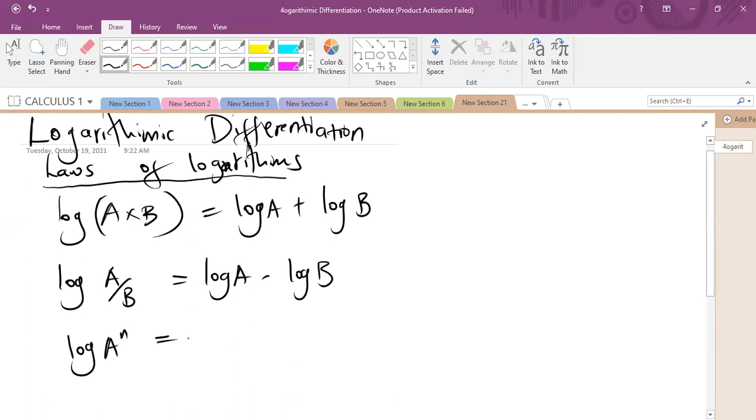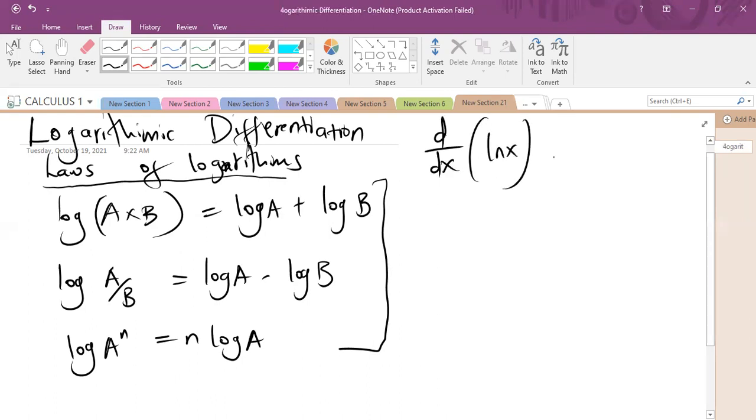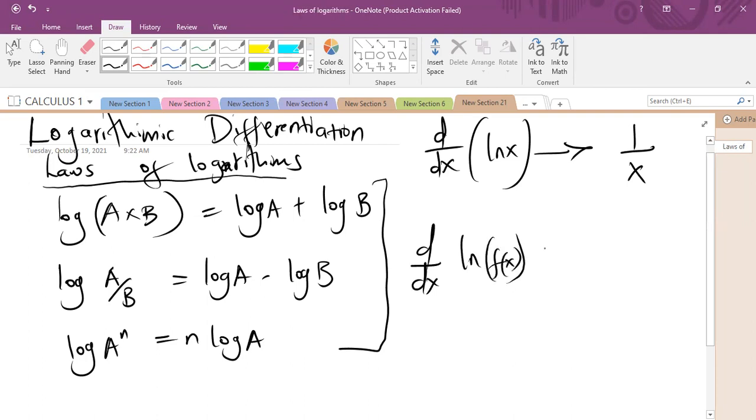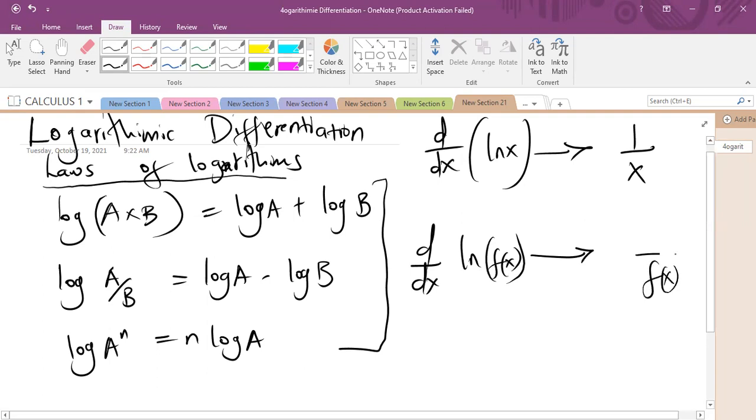Okay, so these are the like basic laws of logarithms. I hope you guys can be able to remember. So as I've said, logarithmic differentiation we use to differentiate expressions. Now recall, I told you guys, if you're looking for d dx of ln x, i.e. if you're differentiating ln x, it is given by 1 over x. And generally, if you're looking for d dx of ln f of x, any logarithmic function, if you're told to differentiate, it will be given by you writing the f of x in the denominator, and then in the numerator,